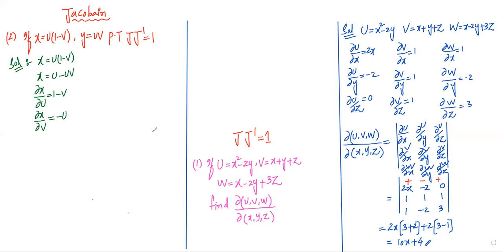How, sir? With respect to v we are doing now. Here we don't have v, so 0. We have u minus uv, with respect to v we are doing. Constant means 0, minus u is a constant, dou by dou v of v. So what is the answer? Minus u into 1, that is minus u only.